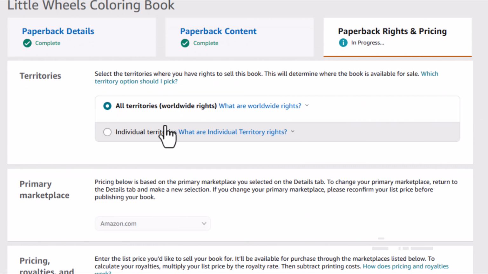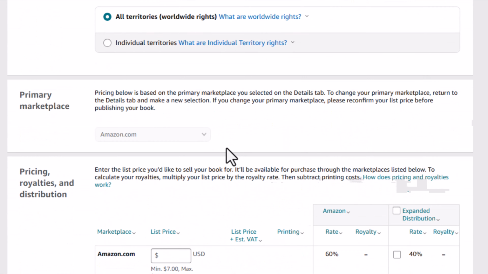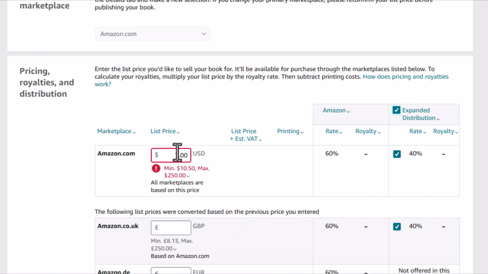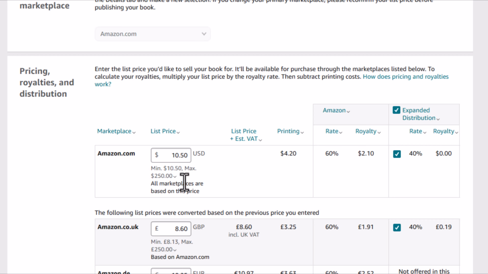Up next is deciding your paperback rights and pricing. So I'm going to give a price for this book here. I want it to be around $7, which is the minimum if it is not selected under expanded distribution. But if it is selected under expanded distribution, it's going to be a minimum of $10.50. So I'm going to enter that,